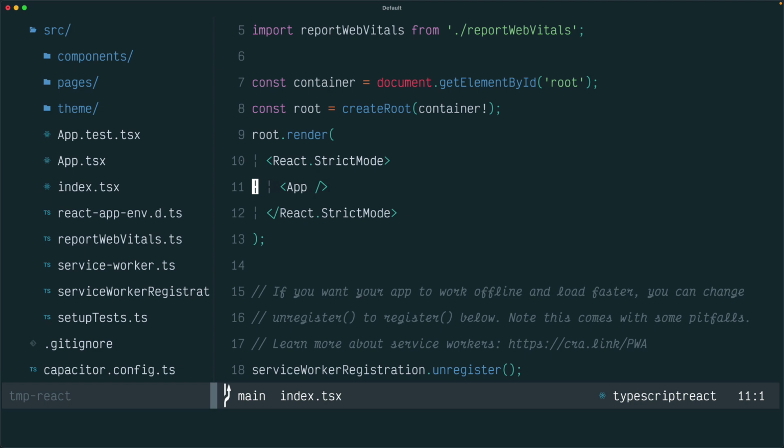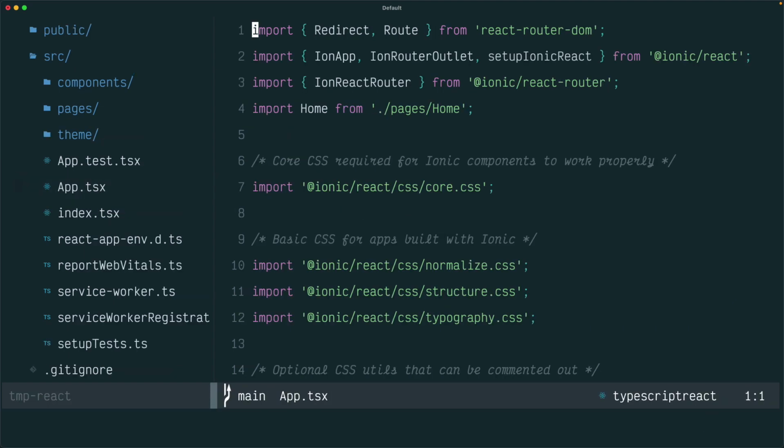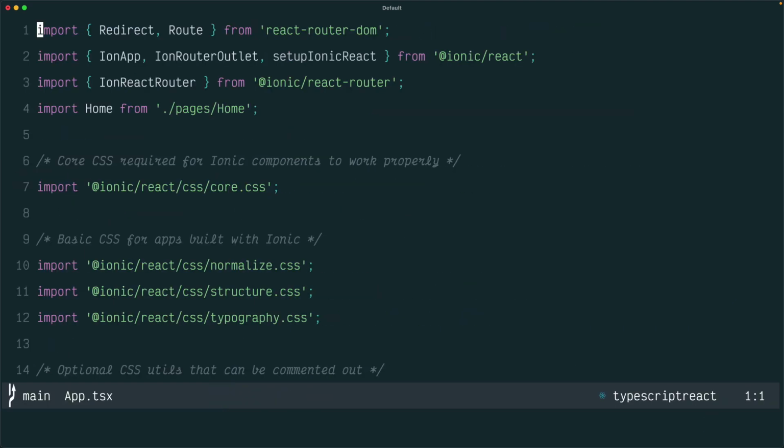So let's take a look at that. And then our app component has all of the additional features that we need. So it has the routing logic for React Router DOM. It has a few components that we're using from Ionic React. It's setting up our Ionic React Router integration, so wrapping everything that React Router provides to automatically give you those transition and animations. And then it has our home component, which is going to be rendered for the first initial